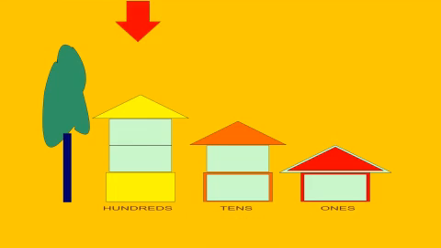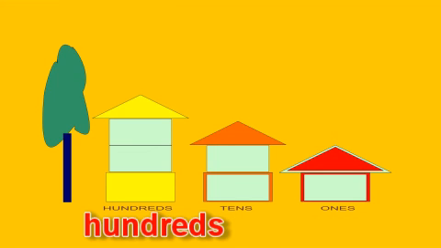tens, hundreds. I hope you remember all those 3 colors of the rainbow: red, orange, and yellow, which represents ones, tens, and hundreds